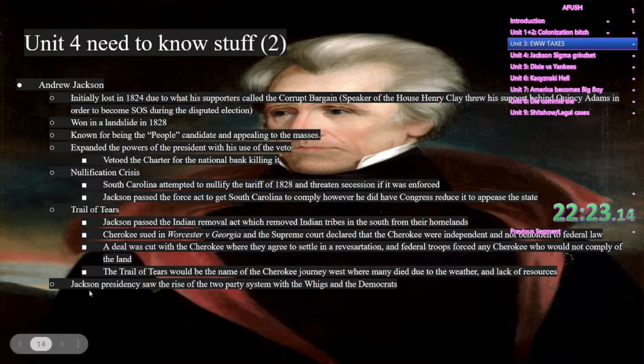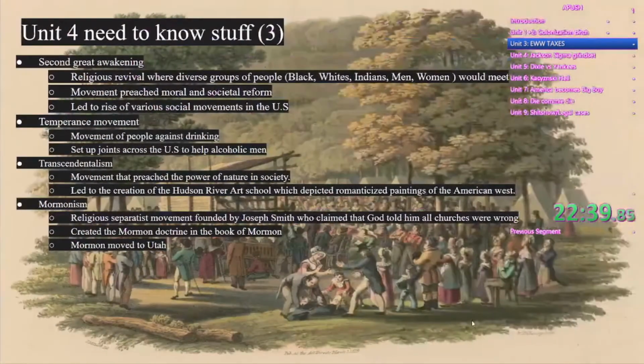Jackson's presidency saw the rise of the two-party system with the Whigs and the Democrats, and also saw universal suffrage being granted to pretty much all white men in America, right? So